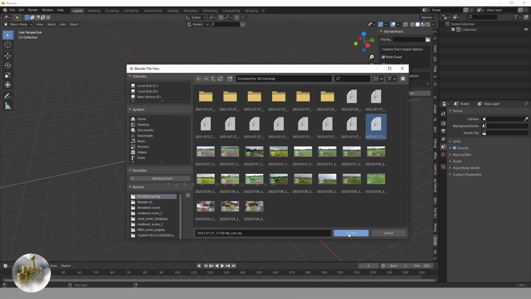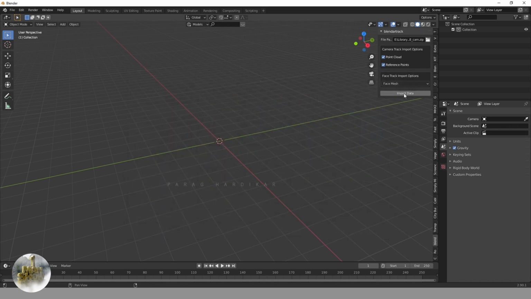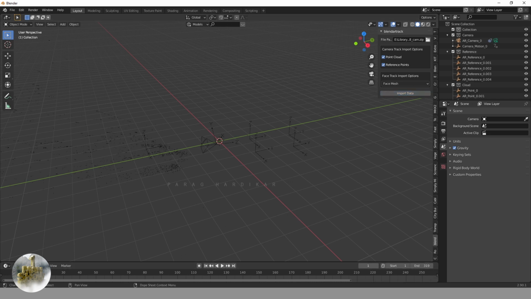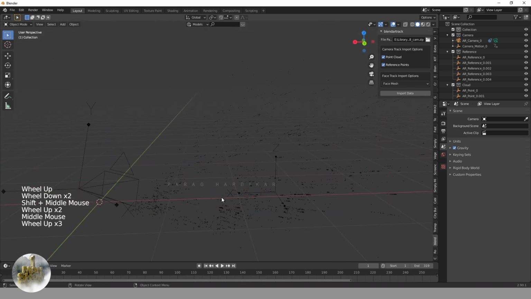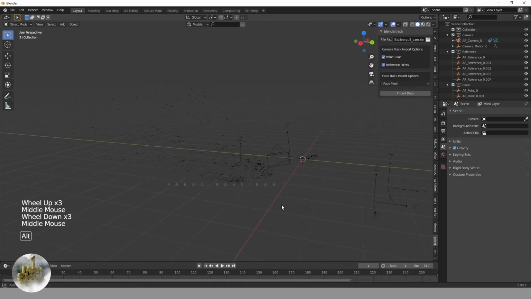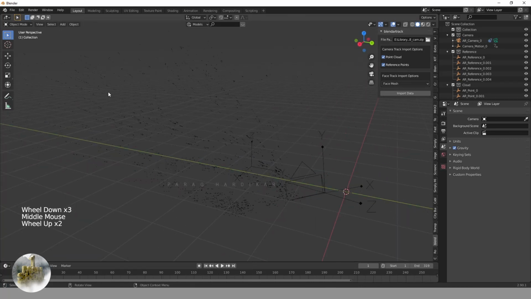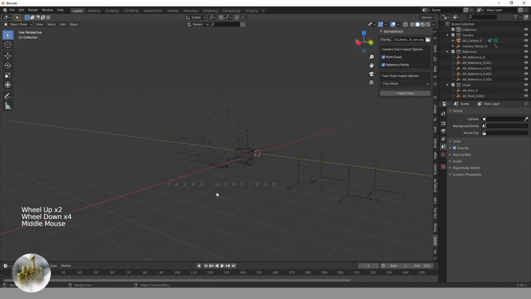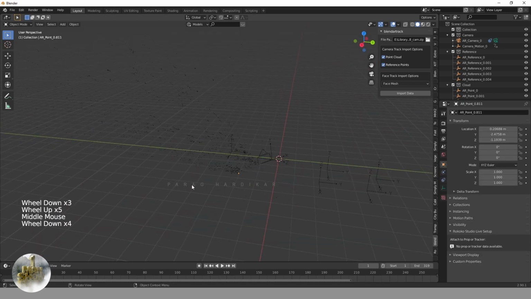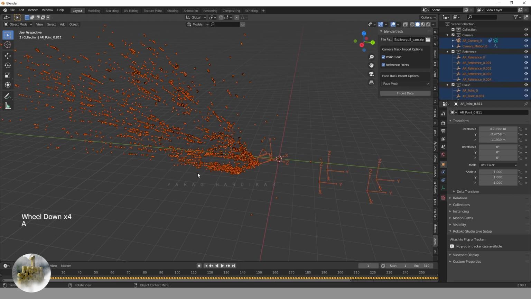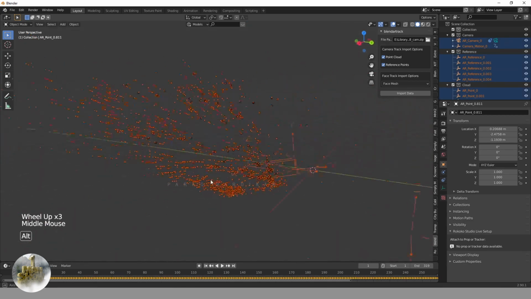So once you have watched his tutorial, you know how to import. Once done, you will get the zip file which you have to import from here using the Blender Track add-on, and simply click on import. Once imported, you will get the camera and the tracking information with this point cloud. All you have to do is just press 0 on your keyboard. You will directly get inside your camera with the footage already attached to it.